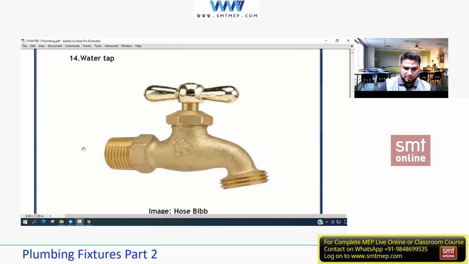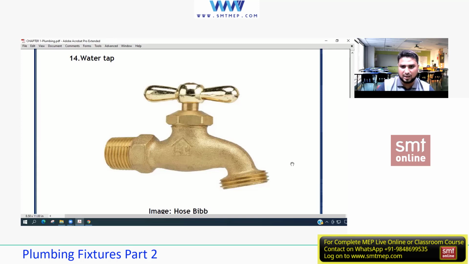A hose whip is something which is connected to the inlet of the pipe. It is connected like this with threadings and Teflon tape. A hose whip has an option to attach a pipe here. Can you see this? A plastic or PVC pipe, from where the water can be conveyed in whatever direction they need. And hose whips are mostly seen on the roof or in the parking area, mainly for cleaning and maintenance.